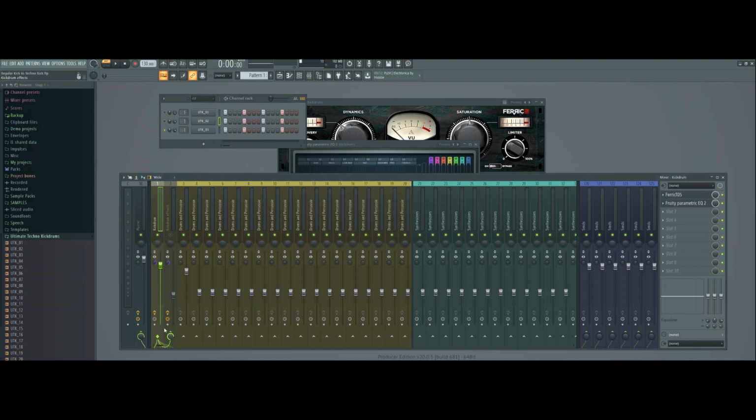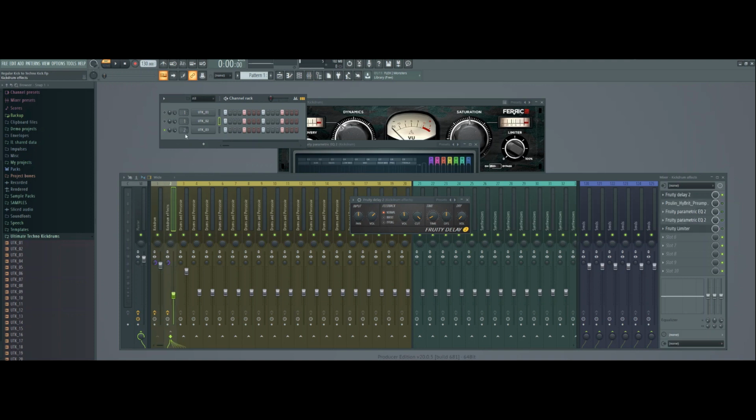No real magic trick so far, but now we're going to send the slightly modified kick to a second channel. I always send it to a second channel so I can fully control the effects without changing the kick itself. On the effect channel I loaded up Fruity Delay. Most of you would probably expect to see a reverb effect here, because most techno kicks are made with reverbs, and I used to do it also with reverbs, but for some reason I prefer a delay now to get